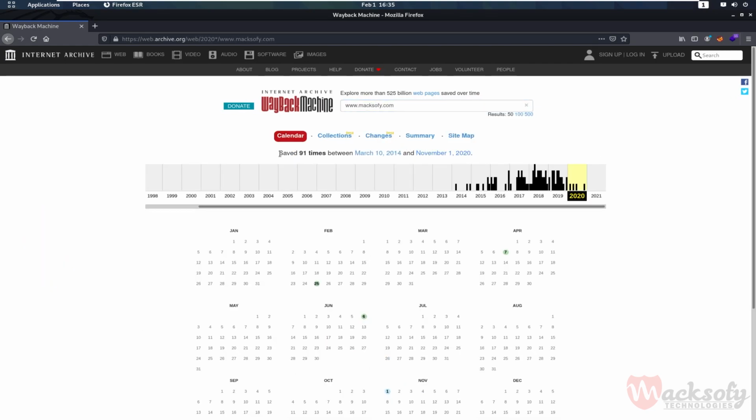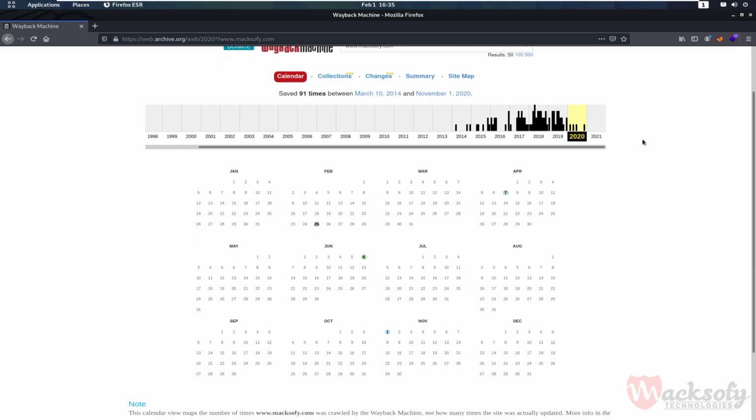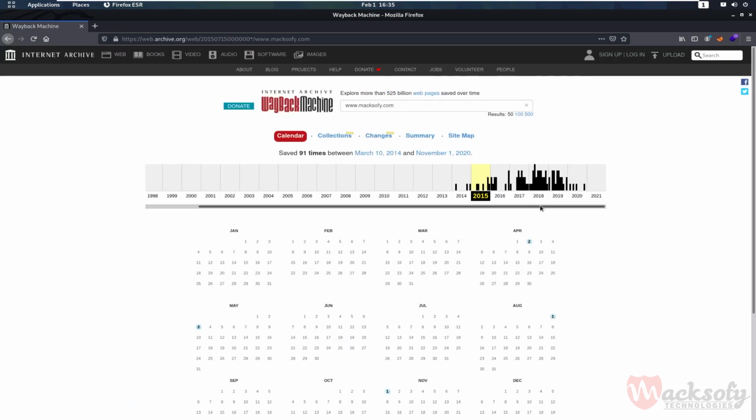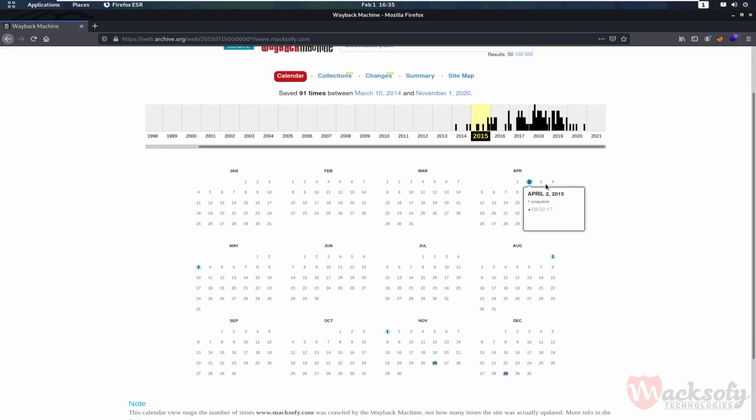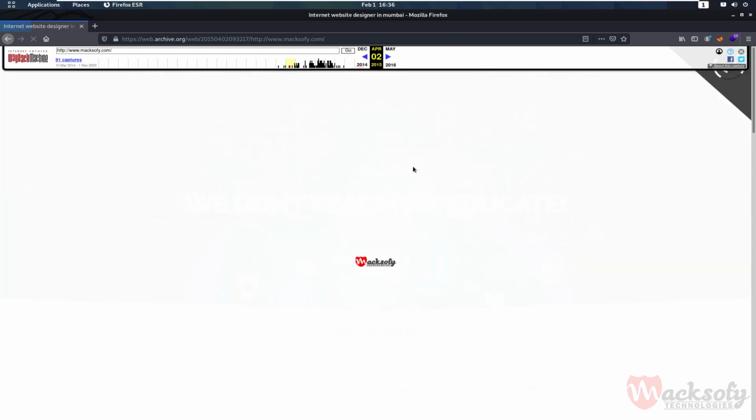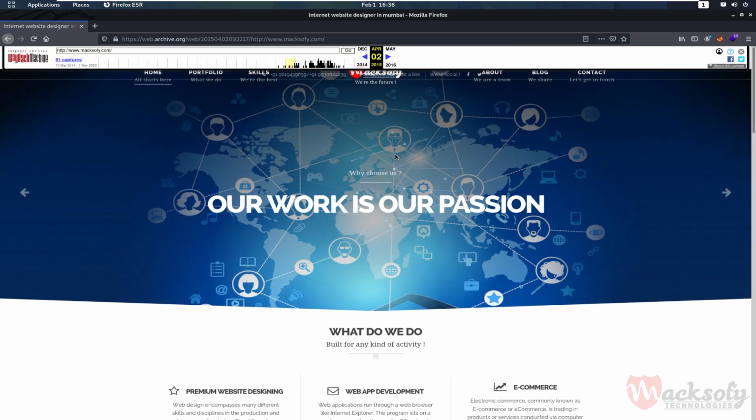You can see the results saying it was saved 91 times between March 10, 2014 and November 1, 2020. So if we just click on the 2015 tab over here, we can see these blue color highlights over some dates. Click on the snapshot, wait for the page to load,